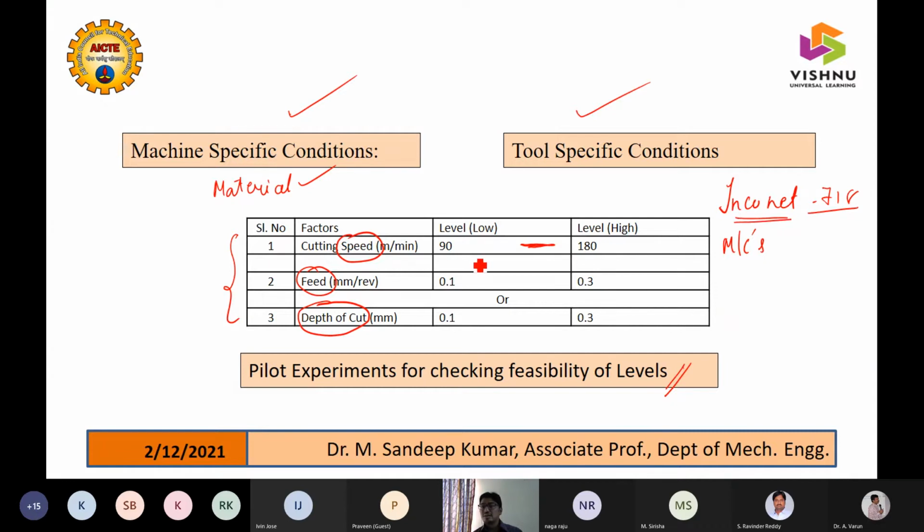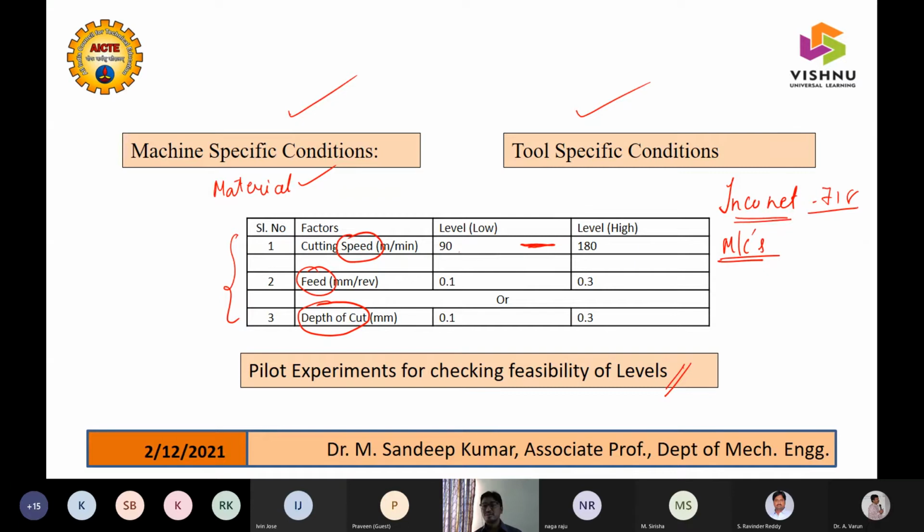If you have a low end machine, it should still be feasible to go above 90 meters per minute cutting speed. We call it cutting velocity also. But what does this range cover? As I told you, it covers all the machines and all the dynamics of the machines. As a researcher, I don't want to get into the dynamics of a machine and check which one is feasible for me.